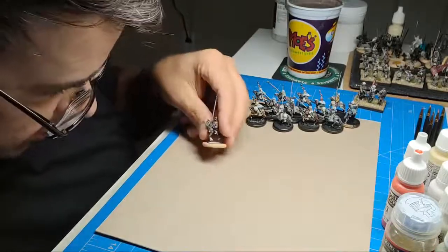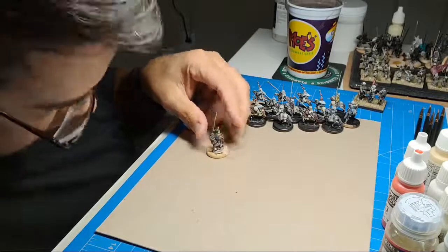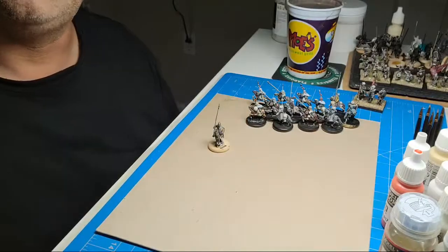These are the Little Big Man Studio shields, which look really shiny. Looks terrible, but